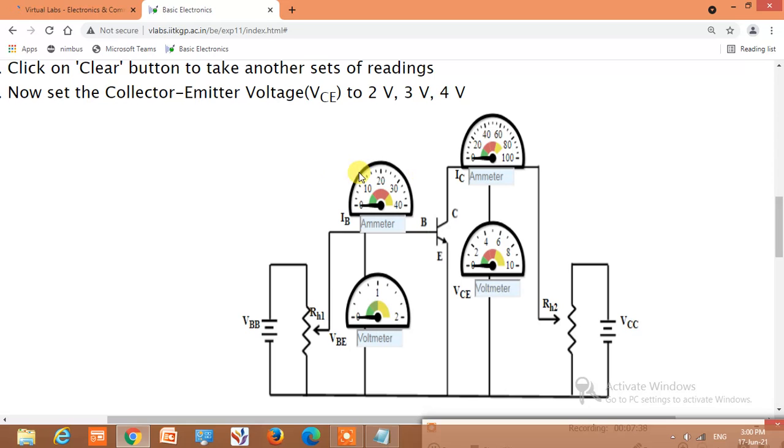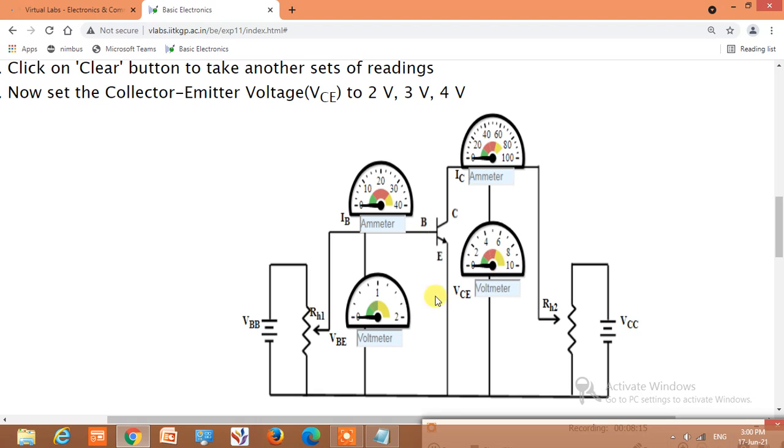This is for input characteristics, which is a plot of input current versus input voltage, but we have to keep one output voltage constant. Here the output voltage VCE, the voltage between the collector and emitter terminals, we have to keep constant. So let us start with VCE equal to 0, then VCE equal to 5 volts, then VCE equal to 10 volts, and so on.